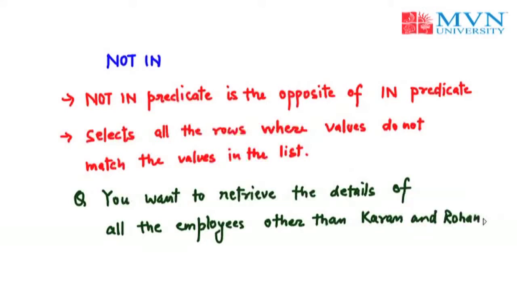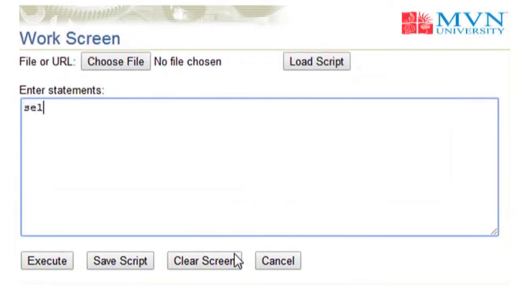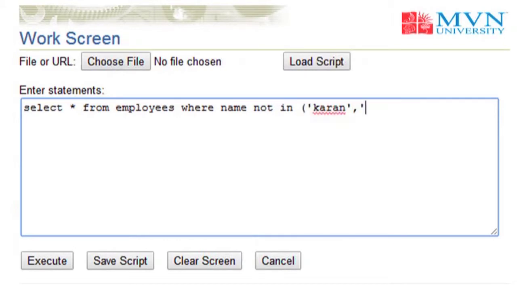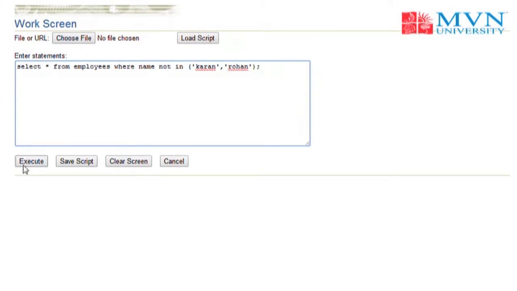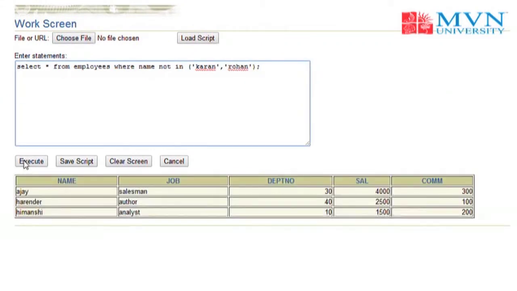Then we will write a query like: select star from employees where name not in Karan, Rohan. Let us execute this query and find the result. Here we get the details of all the employees whose names are not Karan and Rohan.